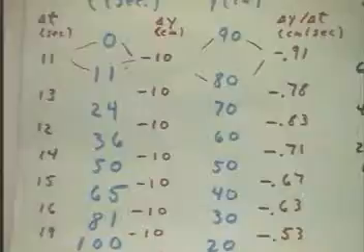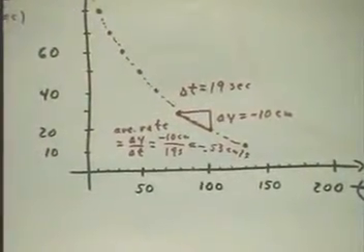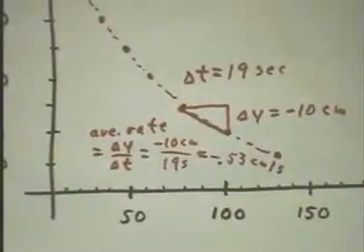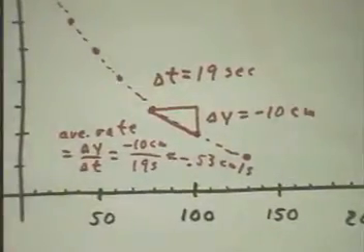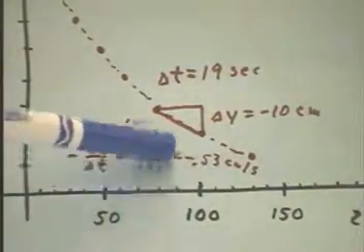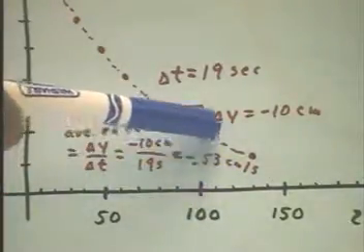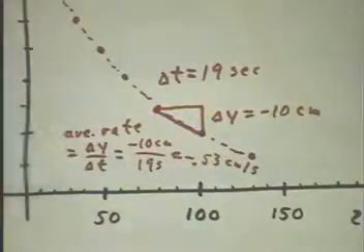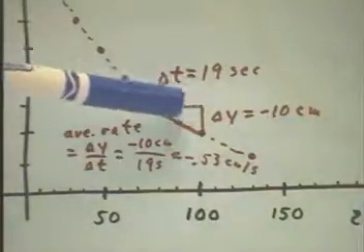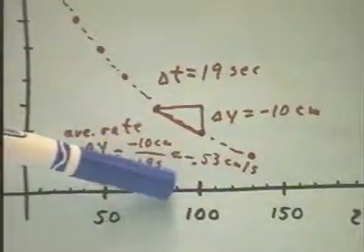If we look at the graph, at the corresponding points on the graph, we see that we have the point 81 seconds, 30 centimeters, and 100 seconds, 20 centimeters, more or less lined up along those coordinates. We see that the delta t, the change in clock time, is represented by